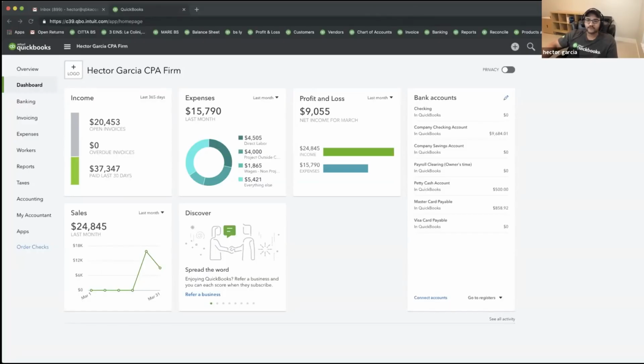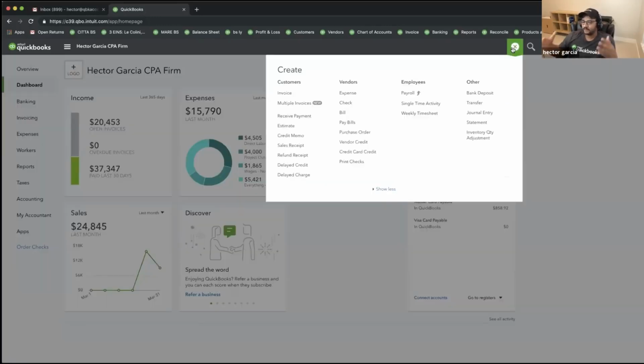So if you're using QuickBooks Online, your screen should look just like this one. And let's talk about customizing invoices. So if you were gonna set up a brand new QuickBooks Online account and you were to do nothing in terms of customization, your invoices will look pretty standard. There's one standard look for the invoices. So when you click on the Quick Create button, which is the circle with a plus sign, and then you go down to Invoices,